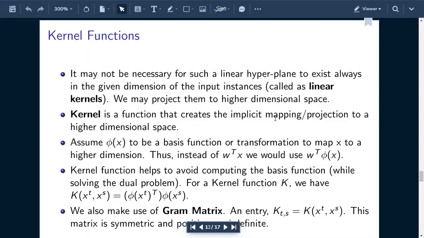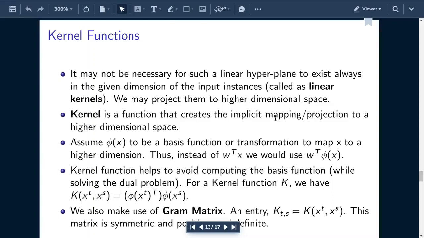So what do you have to do? Now comes the use of basis function. Okay, now I provide you the point 1 comma 2, then you map it to the point 1 square plus 2 square, that is equal to 5 in the 3 dimension. So I am moving into the 3 dimension. Now given a point 0.1 comma 0.2, you would map it to 0.1 square plus 0.2 square in the 3 dimension.